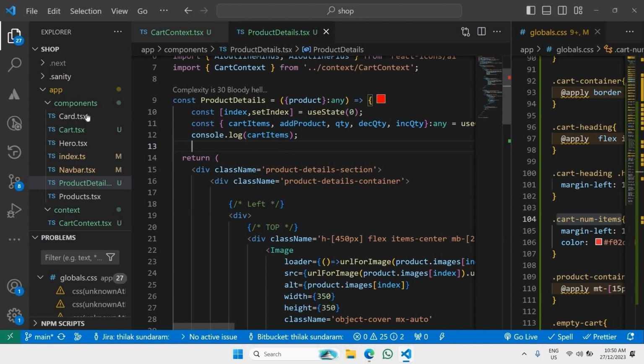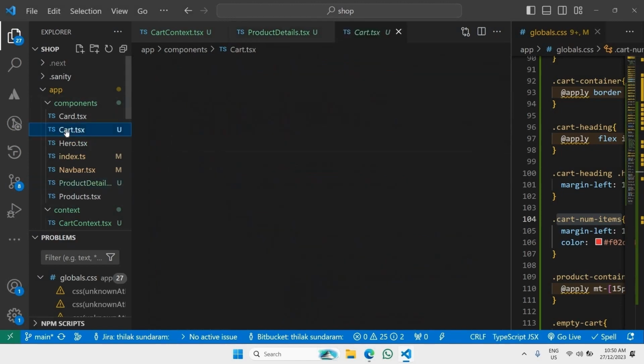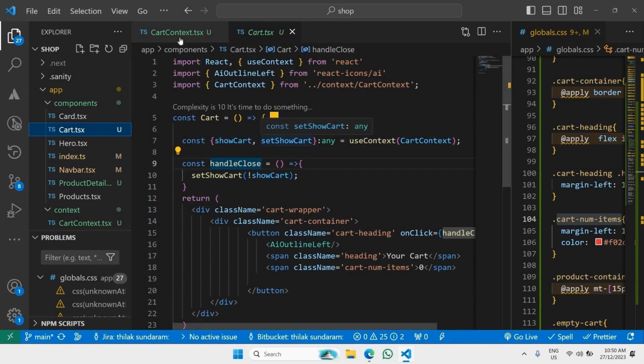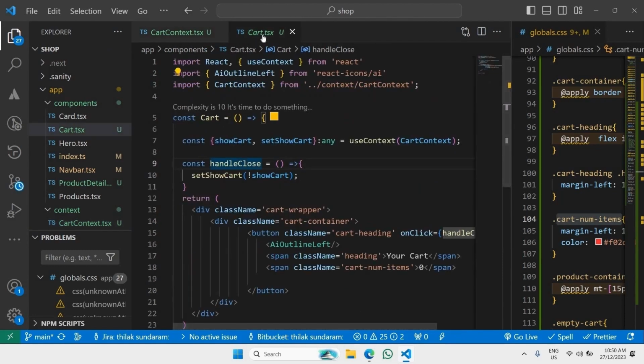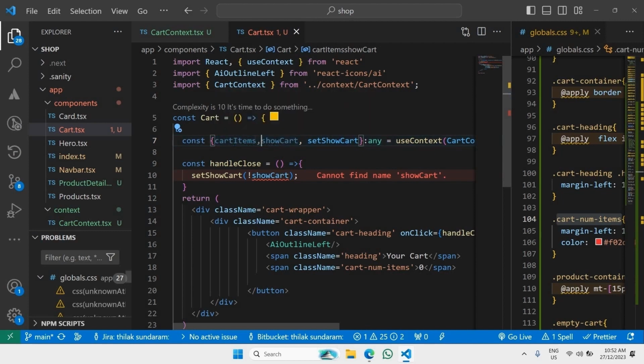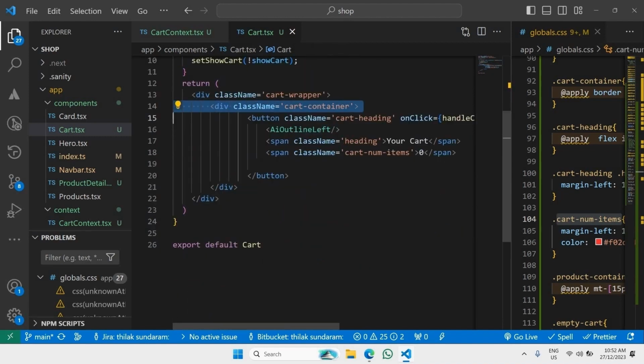And in our code right here, I'll have to go to this particular cart file. And in our cart file right here, I'd like to add this cart items that we have already exported coming from cart context. And just need to add that particular cart items right in front of this particular list of imports like this. And with this cart items right here, we just need to make sure to add it within our cart right below this particular button right here. Just need to make sure to have that list right below this particular button, but it also stays within this